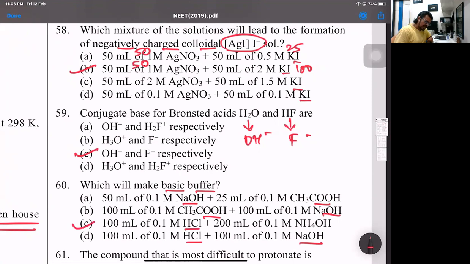But how is it? HCl and NH4OH. NH4OH is a weak base, ionized partially. What it ionizes will combine with HCl to form its salt, NH4Cl. So NH4OH and NH4Cl, weak base and a salt of a strong acid. All right. So that's going to be a basic buffer. So it's basically a weak base and its conjugate acid.